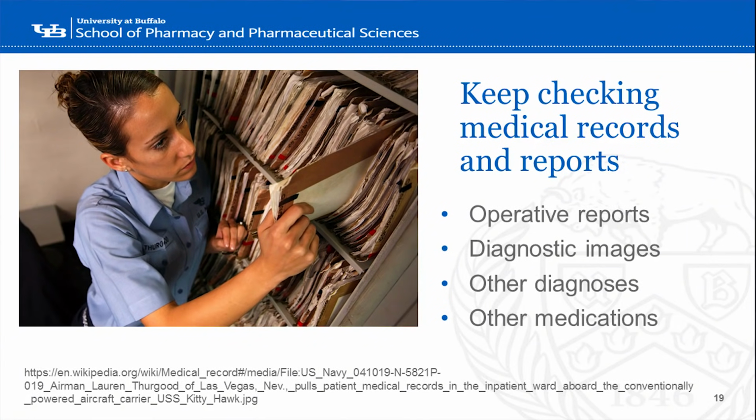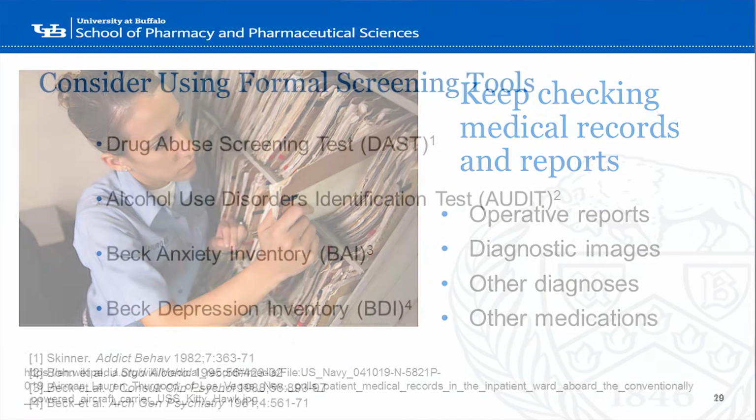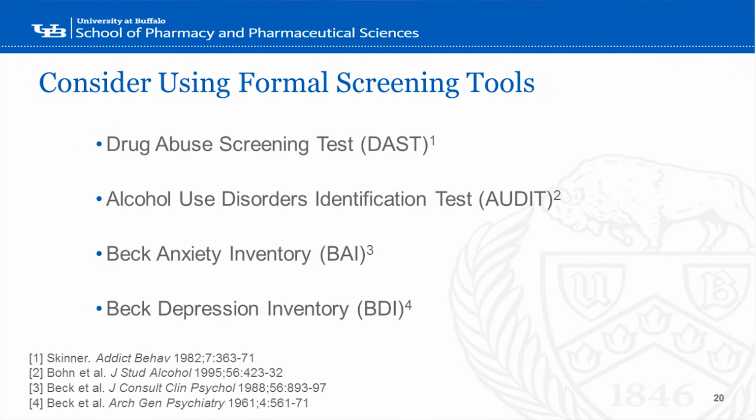While patients are on chronic opioid therapy, they may have a surgical procedure, have other diagnostic imaging obtained, see other physicians and receive other diagnoses, and be prescribed other medications by other doctors. A physician could use formal screening tools on an ongoing basis to screen for the development of addiction. There is the DAST, which can be adapted to clinical use, the Alcohol Use Disorders Identification Test, known as the AUDIT,